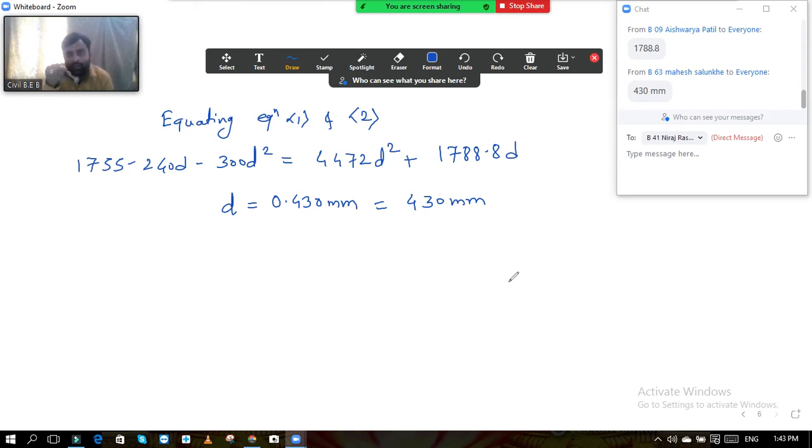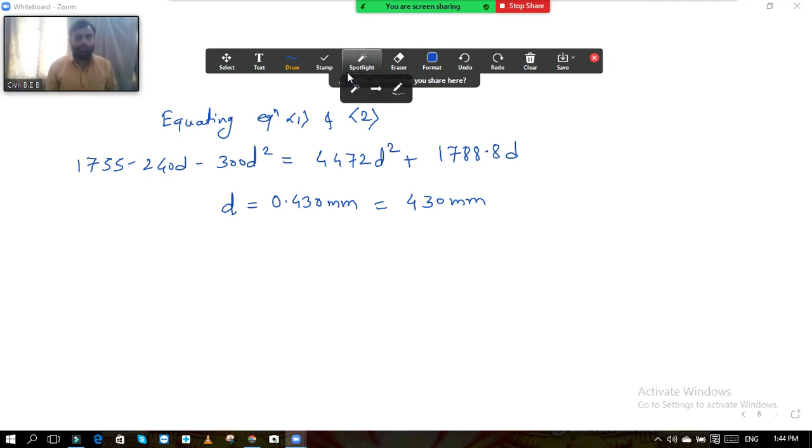So if you are having any problem in this calculation of punching shear, or whatever area you don't understand, then you can tell me right now so that I will tell you once again, because the procedure for all the numericals is the same, the concept is the same, only there is change in the values. If you are having any doubt regarding this calculation of punching shear, you can ask me. You can ask me in the chat also. Okay.